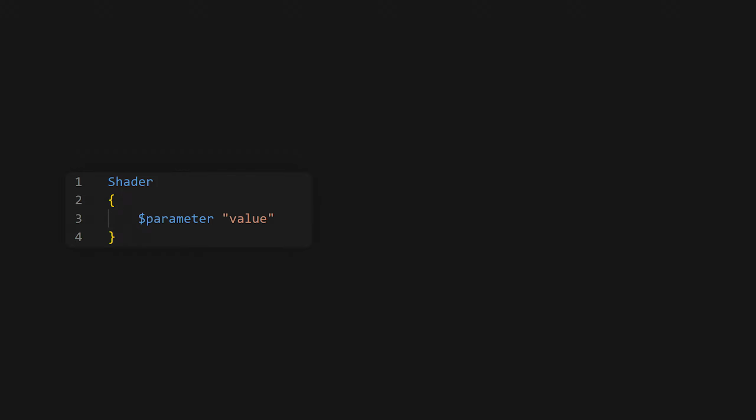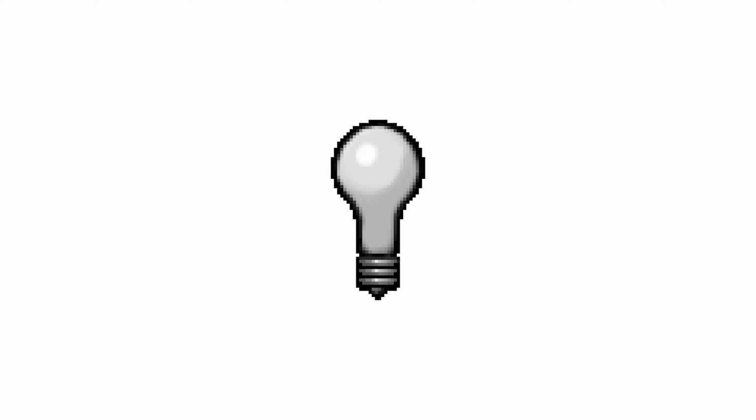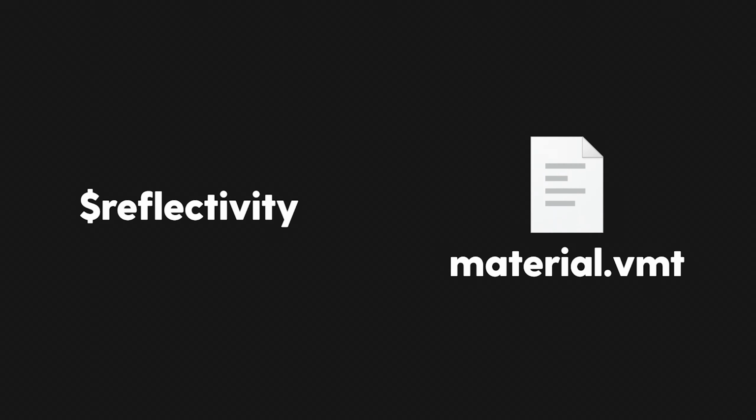Reflectivity is a shader parameter in the Source engine that can help light up levels without the use of additional light sources. This parameter can be added to VMT files and is used to declare how much light should be bounced off a material from static light sources when compiling levels.